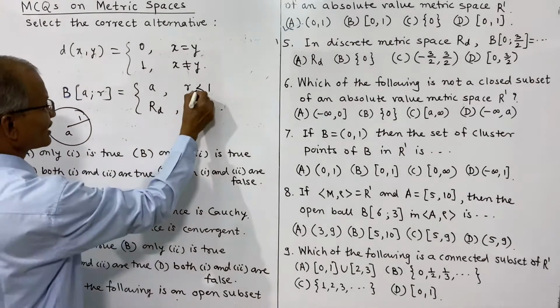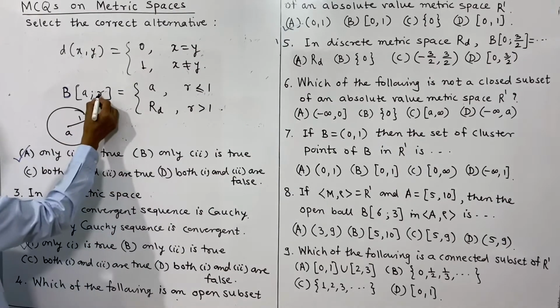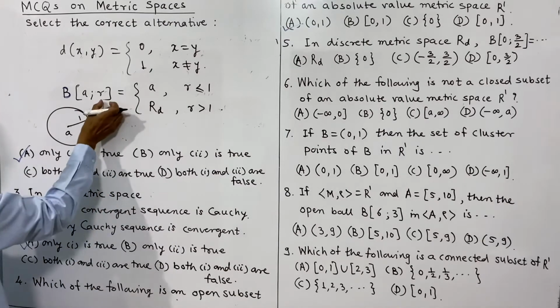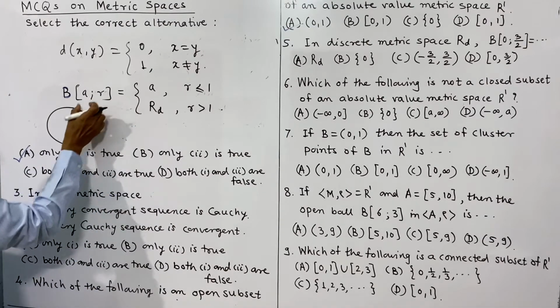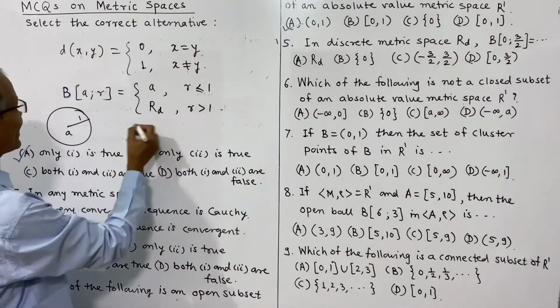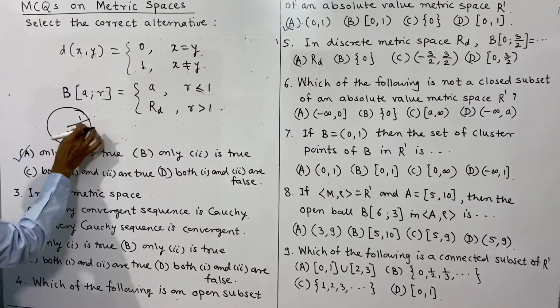So if R is 1 also, the open ball will be less than radius 1, and that will contain only a single point. And if R is greater than 1, outside this, those points will have distance